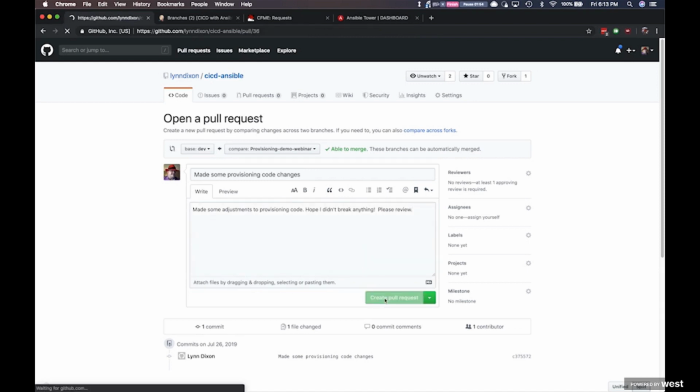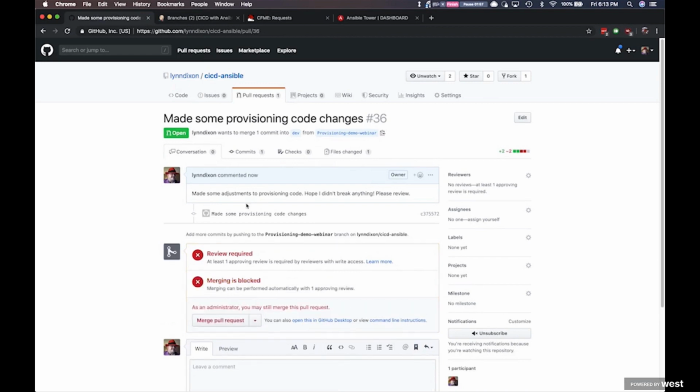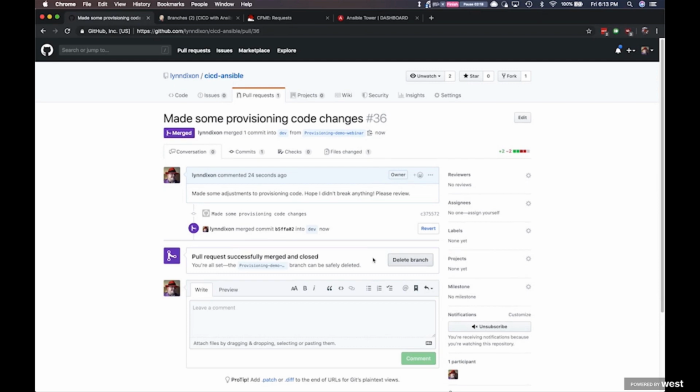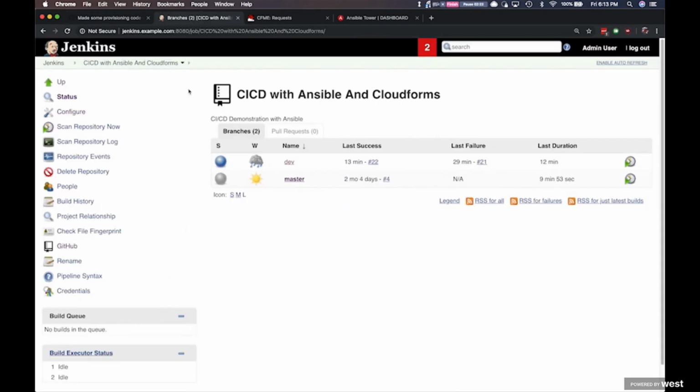And in our dev branch, we have branch protection set up so that we do require at least one code review before this pull request is merged. Now, since we're doing the demo here, I'm going to use my administrator privileges and just go ahead and merge this request just for the sake of time. Normally, you wouldn't do this. Normally, you'd want to have that code review so that somebody could catch my mistake in that code review process. Now that I've got my PR merged,